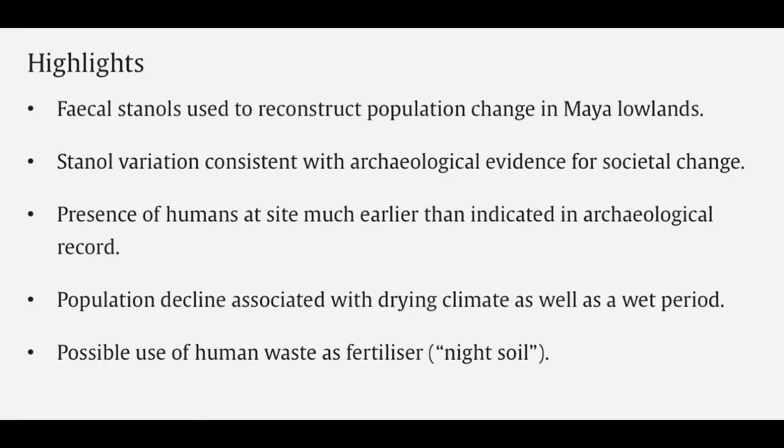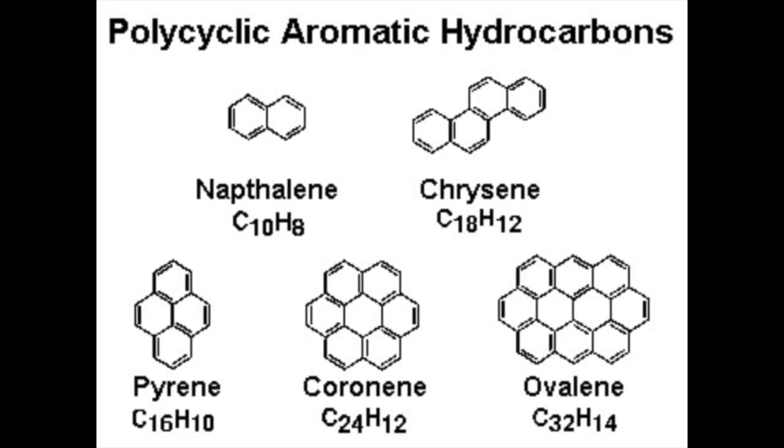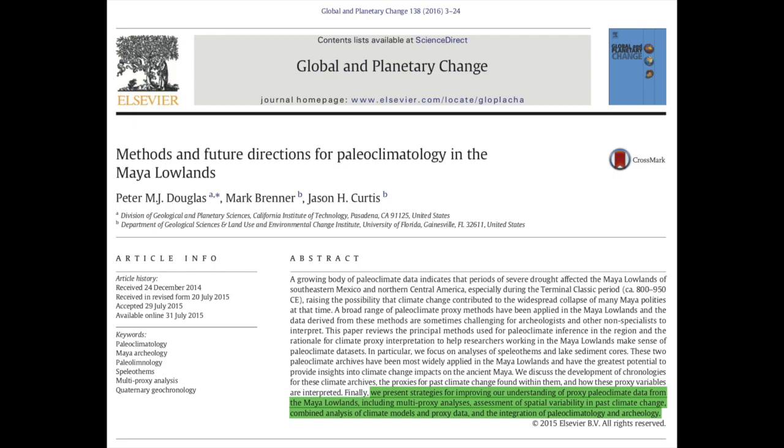In a later study, Ben looked at what are called polycyclic aromatic hydrocarbons. And these are molecules that are used as a proxy for fire because they're produced when you burn wood. And so over time, we can kind of build up a really rich data set comparing all these things together and see how they changed relative to one another.